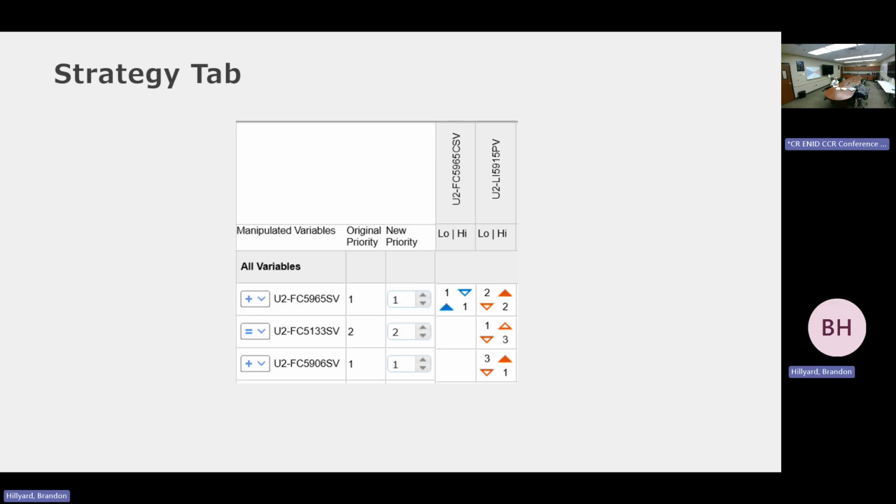And I will say the way that this works, again, if you split the column in half between the low and the high half, it will do it in order of those numbers. So first, it will do 5906. And then if it's still having trouble keeping it within the high limit, it will move 5965. And if it still has a problem, it will move 5133. And you can see we can make some intuitive guesses as to why the order is set up this way. So the first two,